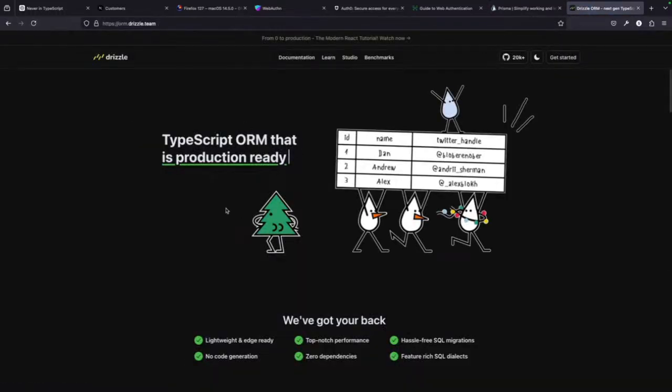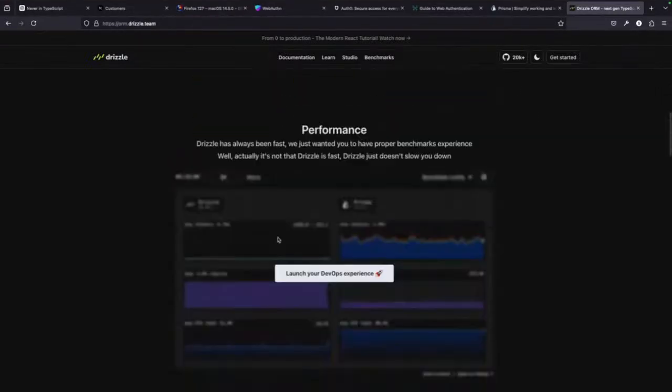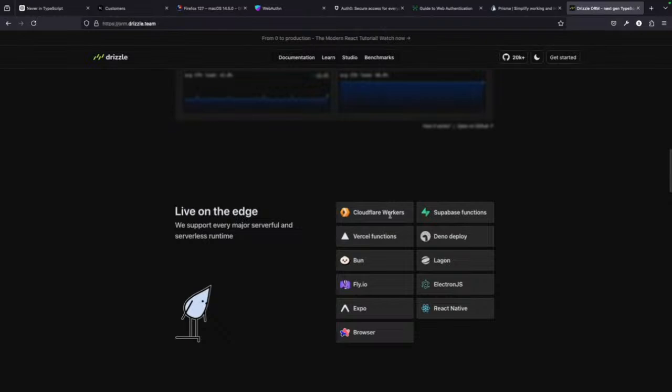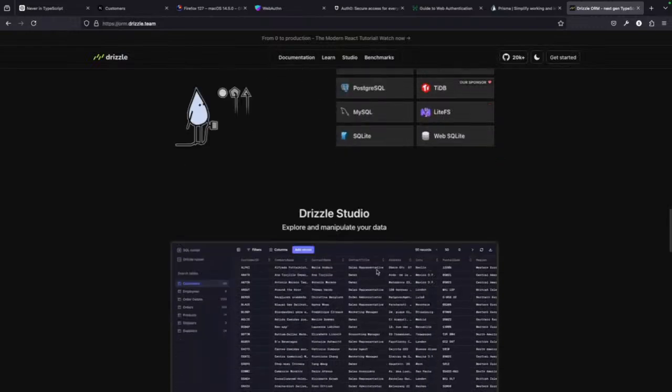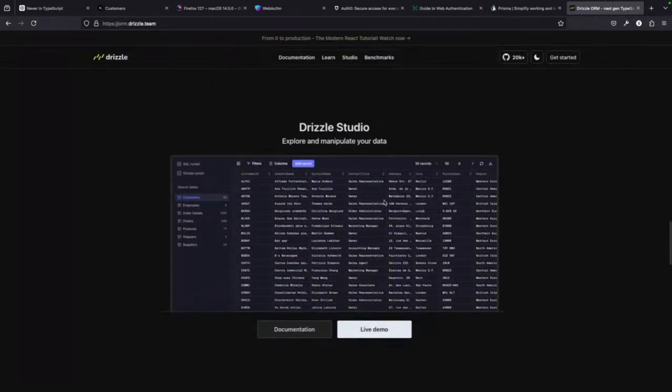I think I'm going to use this one for the next project I'm doing, because I feel it is amazing. It has some superpowers that I want to try out. It's got cool features. We can connect it to Supabase, or you can build on different platforms and connect to any form of database, whether it is Vercel, Postgres, or not, and you have Drizzle Studio.